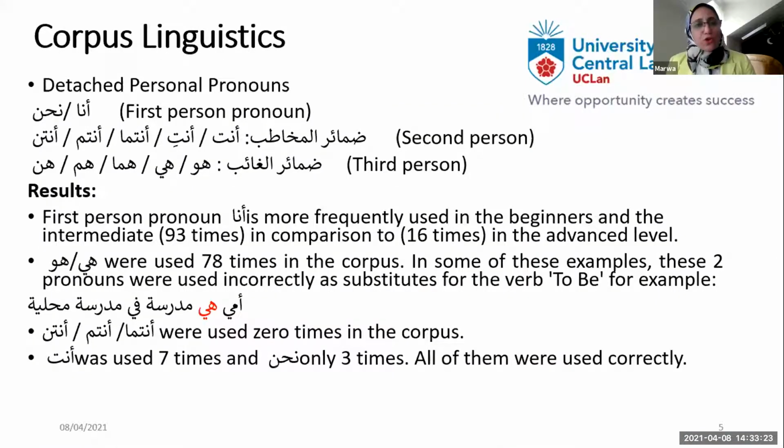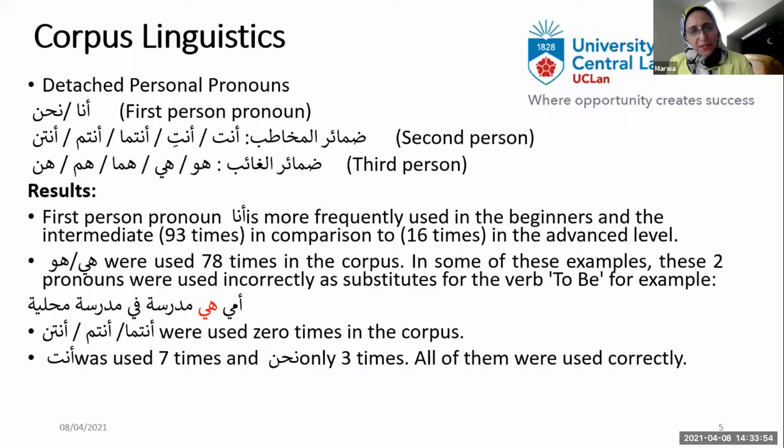So let's move on to the findings of the corpus linguistics data. Of course, it was very brave of us to go into corpus linguistics in Arabic because it's a very new field and a lot of research is needed in this area. We started with detached personal pronouns. We searched for specific detached personal pronouns like ana, nahnu, first person, second person pronouns anta, anti, and third person pronouns as well, huwa, hiya, huma, hum, hunna. And the results were